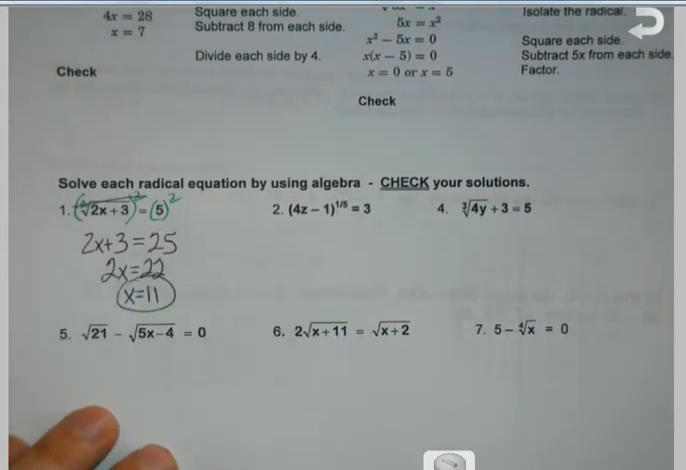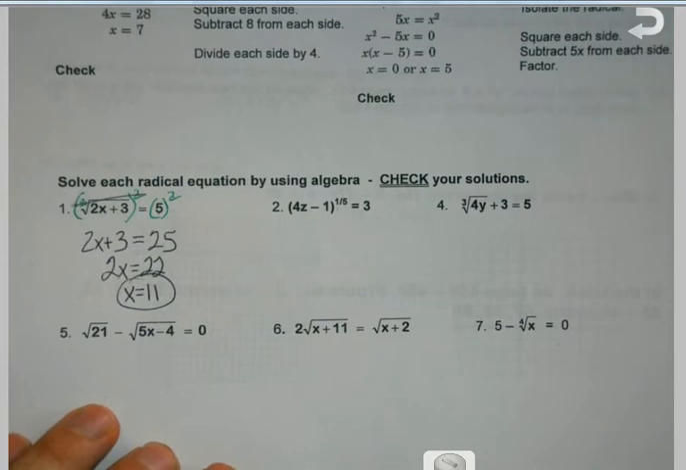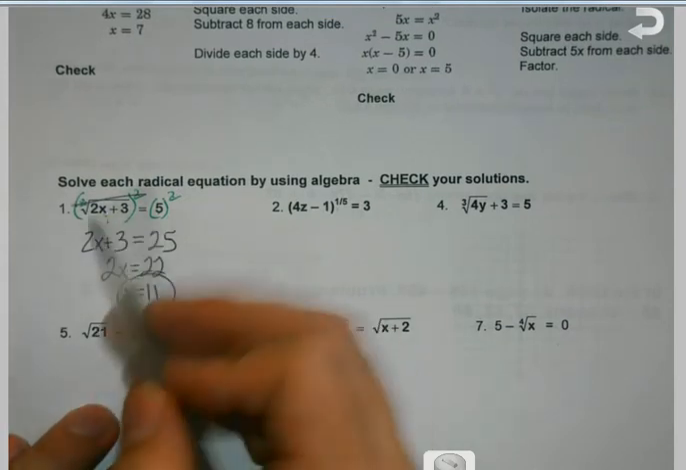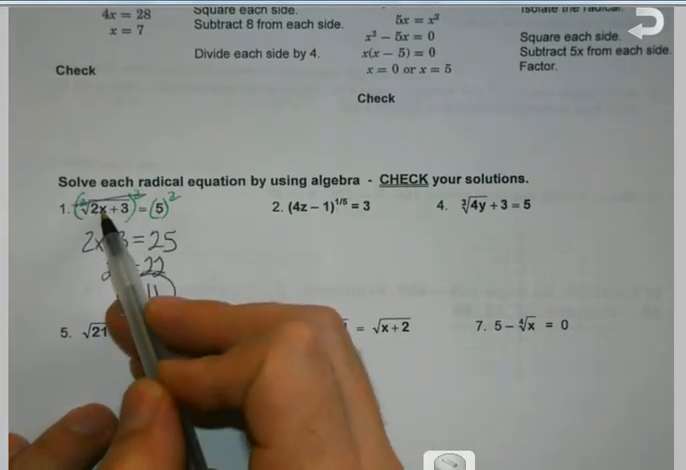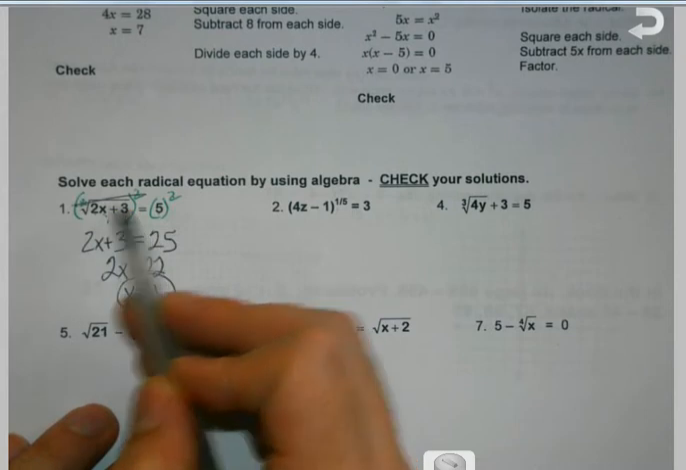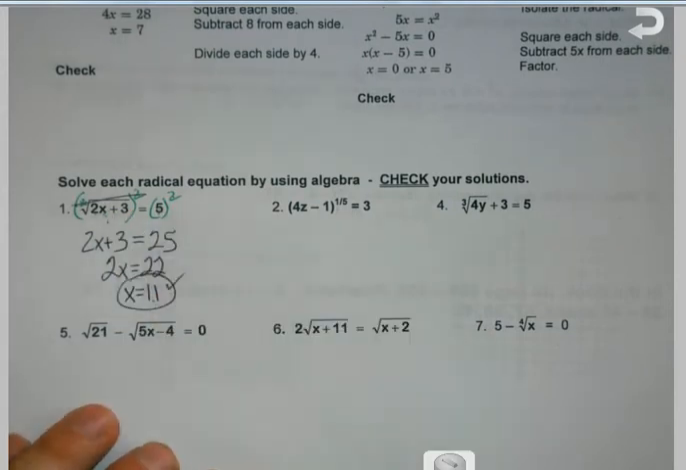And then again, just double check real quick to make sure it works. If I plug 11 back in, 2 times 11 is 22, plus 3 is 25, the square root of 25 is 5. Okay, that one's good. And for any of these that I do,